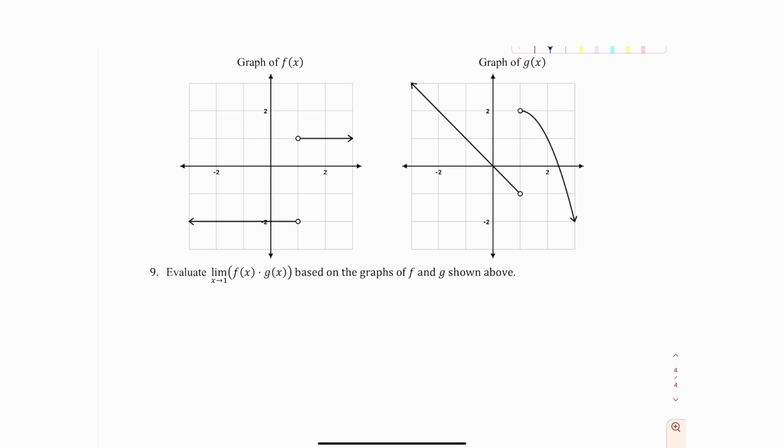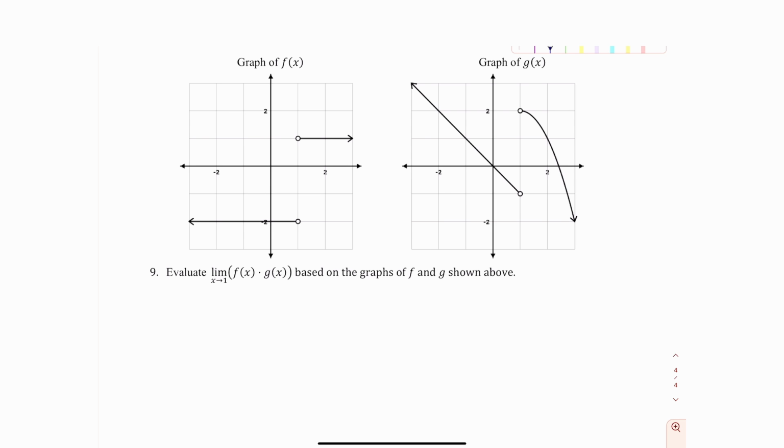Evaluate the limit as x approaches 1 of f of x times g of x based on the graphs of f and g shown above. So this is kind of interesting because the limit as x approaches 1 of f of x doesn't exist, right? You go to negative 2 from the left, 1 from the right. The limit for g of x also doesn't exist, right? Because you get negative 1 and you get 2. So jump discontinuities for both of them. However,